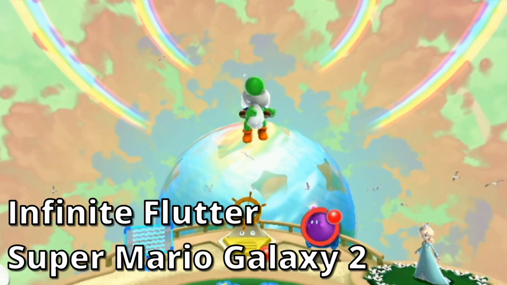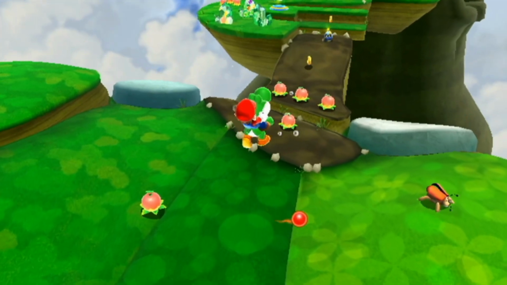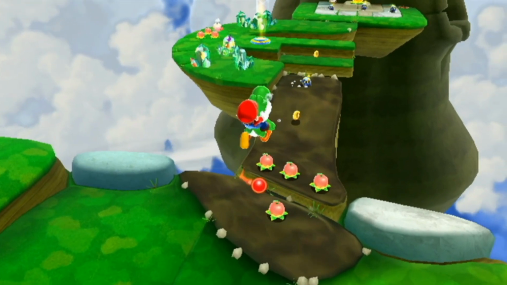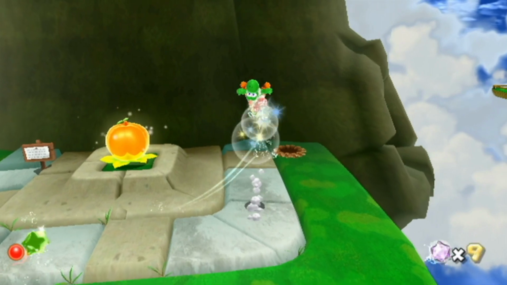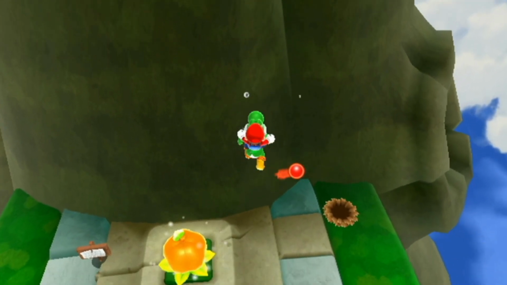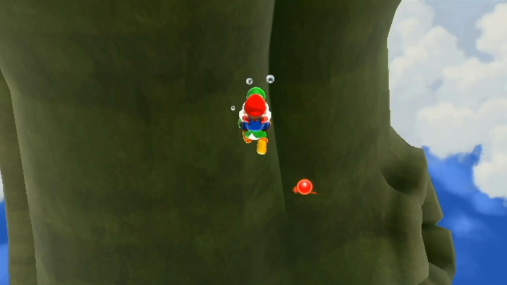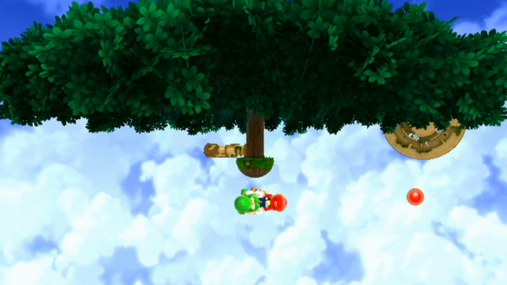Number 1 is the Infinite Flutter in Super Mario Galaxy 2. Thank you, Nintendo, for including Yoshi in the sequel. Not just because he's awesome, but also because this glitch became a thing. See, Yoshi can flutter, and Yoshi can crouch, so if you crouch towards the end of a flutter, it cancels the animation and makes it so you can flutter again,